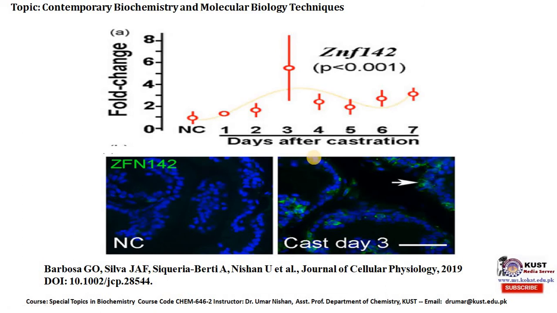So it shows that the expression of the gene has translated into protein. It means that from DNA, not only has messenger RNA been formed, but it has also translated successfully into a protein, and one can see that it is mainly localized in the epithelial cells of the prostate